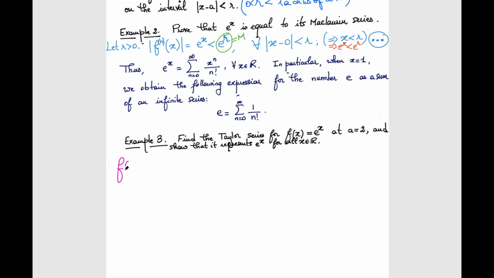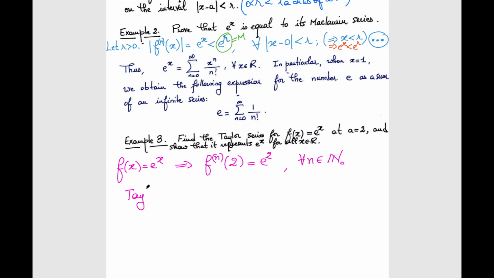So you have f of x is equal to e^x, which means the nth derivative of f is going to be e^x for any x and for any n, right? So if you replace x by 2, that's going to be like this, correct? So what's then the Taylor series expansion of e^x centered at a equals 2 is going to be, so the